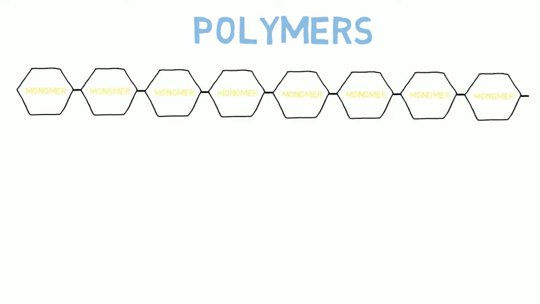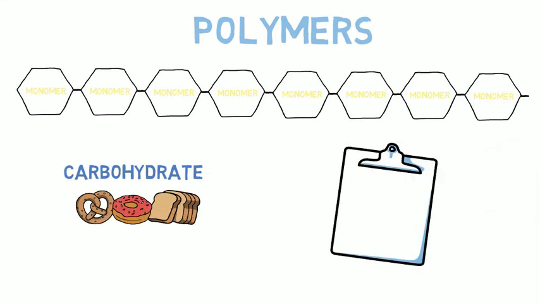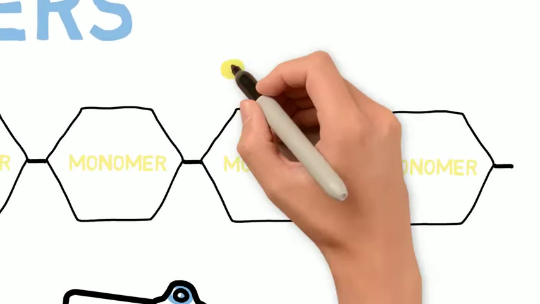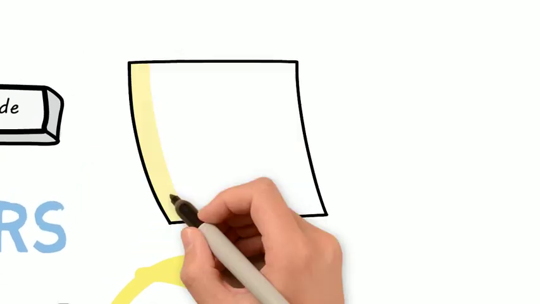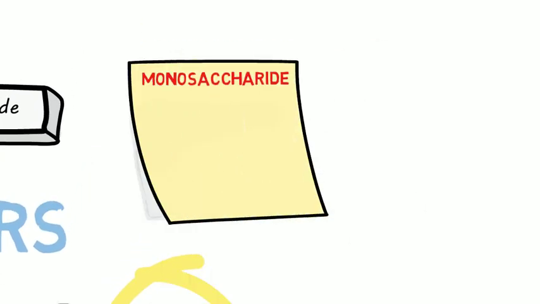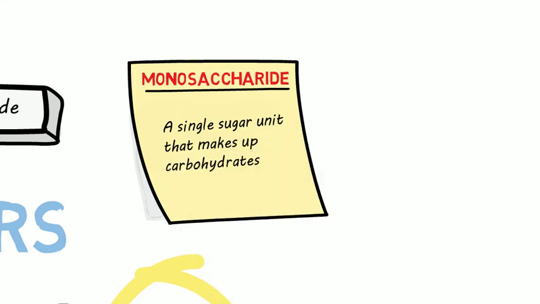A key example of a polymer is a carbohydrate, and you learn about 3 types of carbohydrate in A-level biology, which are starch, glycogen, and cellulose, which you'll learn about later on in the course. Carbohydrates are essentially long chains of sugar. Each sugar molecule is a single monomer, and we call this a monosaccharide. Mono again meaning one, and saccharide meaning sugar. There are other examples of monomers, such as amino acids and nucleotides, but you'll learn about those later on in